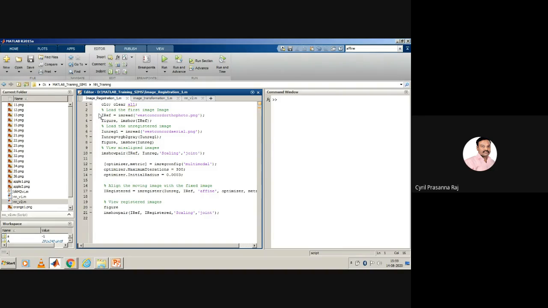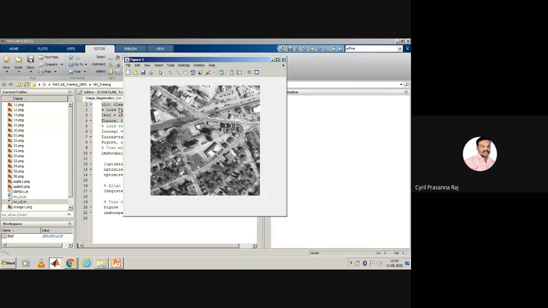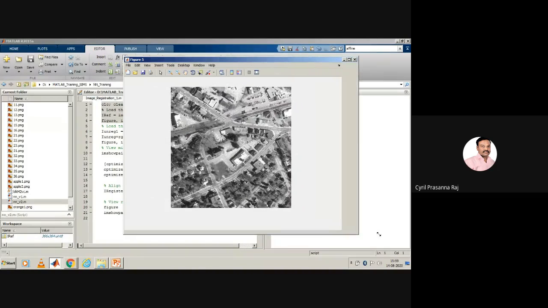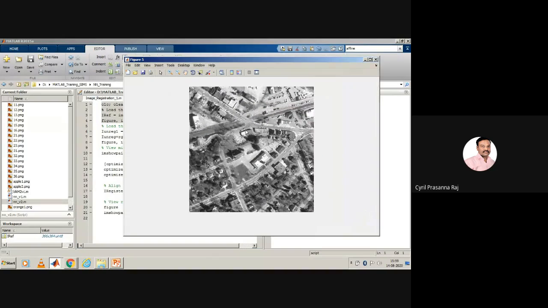Let me illustrate this with a simple example. Tomorrow we'll discuss the mathematical concepts. I'm just trying to show you one image. This is an aerial image we have taken, and you see there's a flyover, a road, the rail. The road goes like this, coming out of this, and another road goes to merge here. There's a building here, another building here, and a bigger building here. There are multiple intersections here. So this is the image we have.